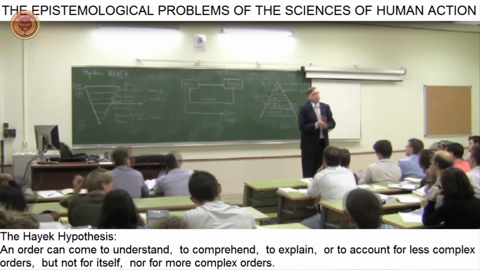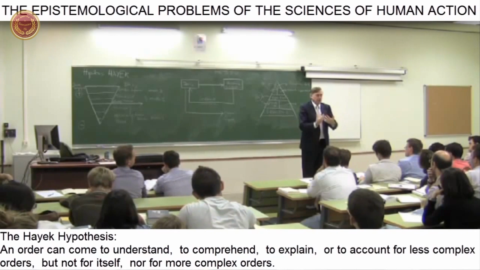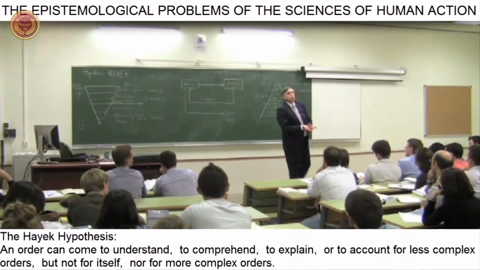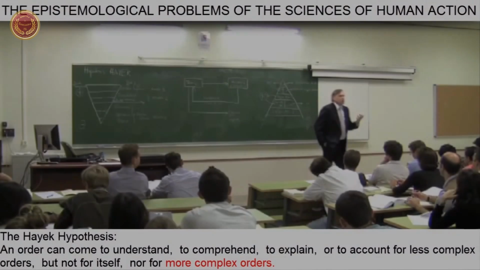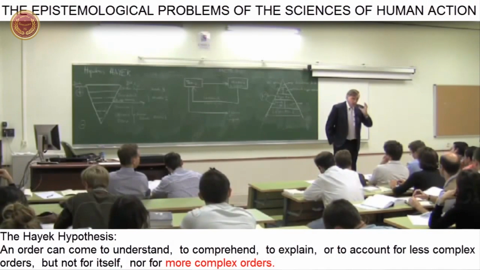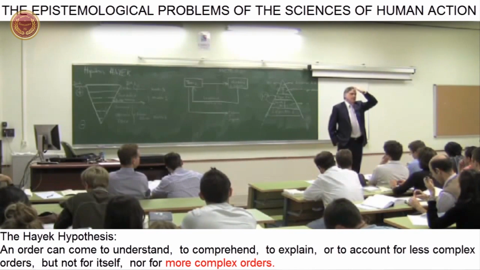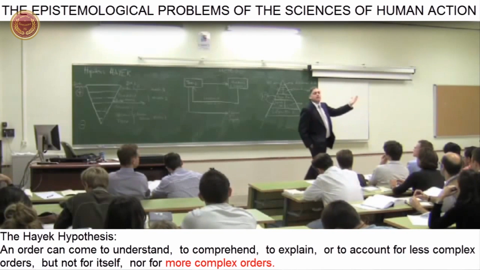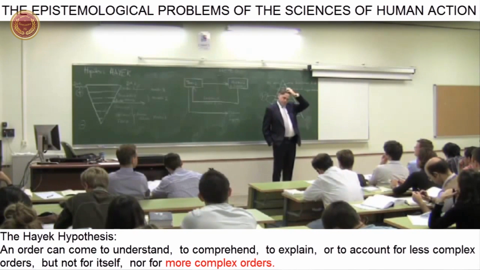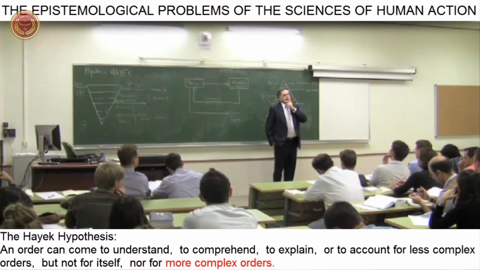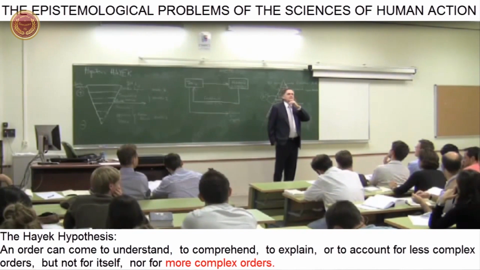For we know an order cannot account for itself, nor for another order of an equal degree, let alone a higher or much higher degree of complexity. The fact that we can't understand or comprehend anything about orders more complex than our own minds leads many people to assume that nothing exists beyond our minds, beyond what we can comprehend. However, I find this stance extremely reckless,